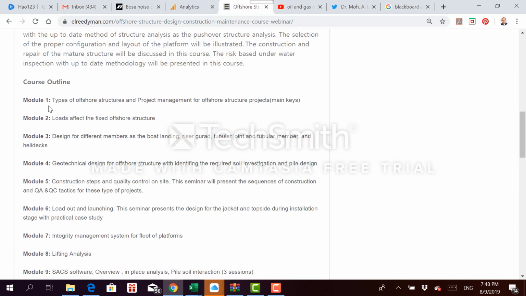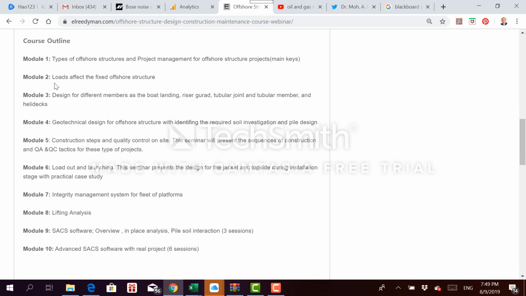For example, module 1 covers types of offshore structures and project management for offshore structure projects. It will discuss the main items for offshore structures, the high level of project management, and how to manage the project. It also covers the types of platforms, like jackets, tension leg platforms, and so on. Then module 2 discusses the load effects, like wind, wave, the theory of the wave itself, live load, dead load, seismic, and so on,